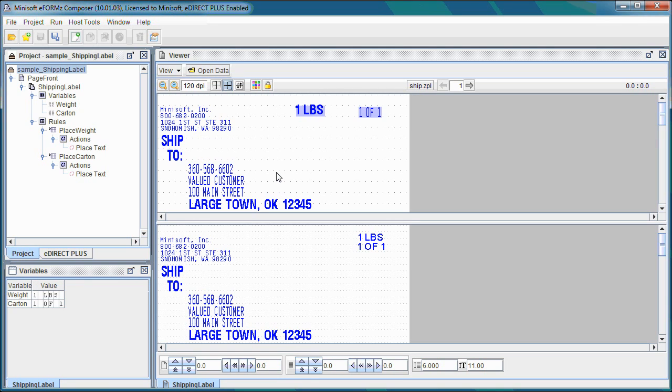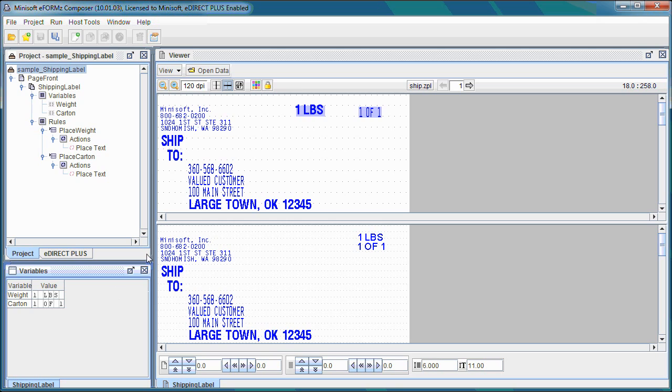Notice that for the most part the project looks similar to the packing slip project. There are some important differences that we'll go over, but in the viewer we see the data in the top pane coming in, and we see in the bottom pane the data as it will look when it is printed or outputted in any number of ways. To the left, in the top left, we have our project window, and this shows us the whole outline of what's going on in the project. And in the bottom left we have the variables window, which shows the variables and the data that they're picking